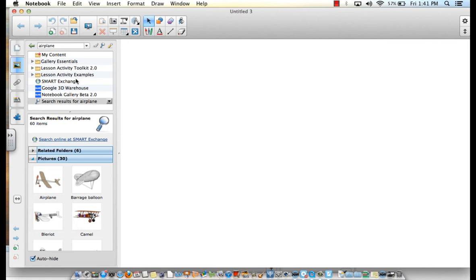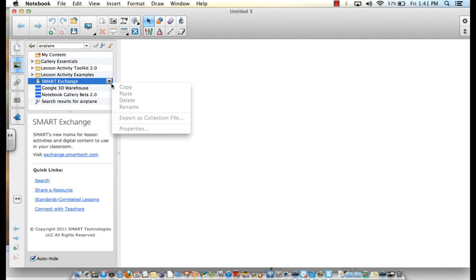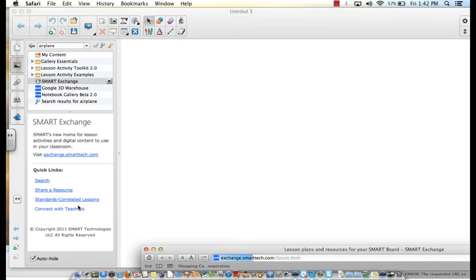The Smart Exchange access is right here also. If you're unfamiliar with that, basically it allows you to visit a web page, exchange.smarttech.com, for lesson activities and digital content to use in your classroom. You could search different lessons, share something. They also have standards correlated lessons now, which is great, and it's also a place where you can connect with other teachers. So we're going to go to